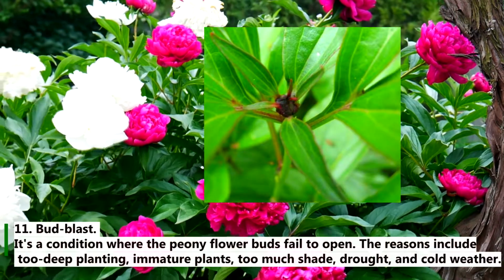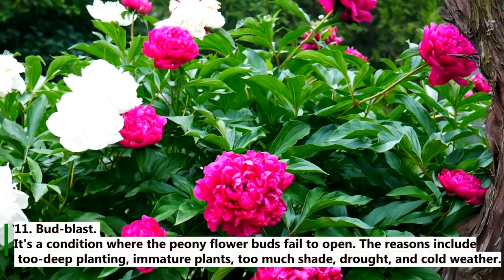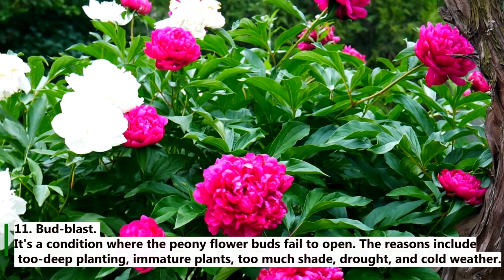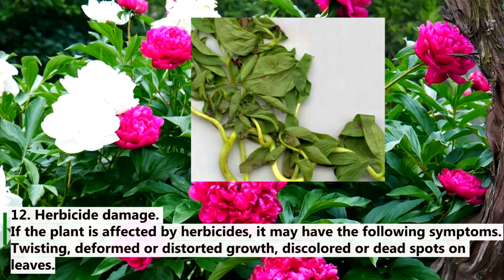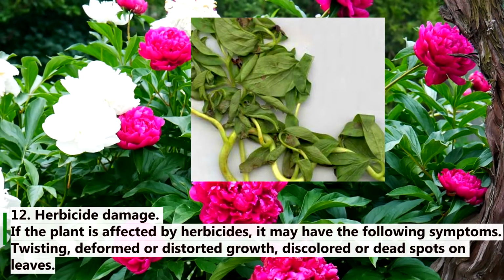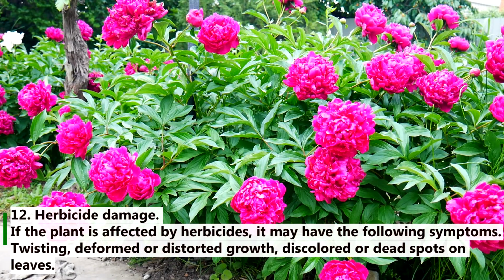11. Bud blast. It's a condition where the peony flower buds fail to open. The reasons include too deep planting, immature plants, too much shade, drought, and cold weather. 12. Herbicide damage. If the plant is affected by herbicides, it may have the following symptoms: twisting, deformed or distorted growth, discolored or dead spots on leaves,